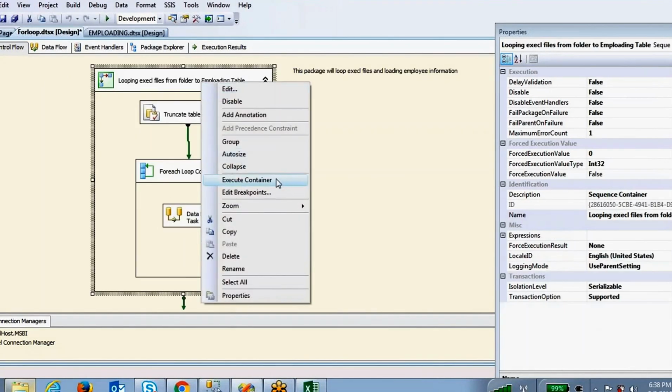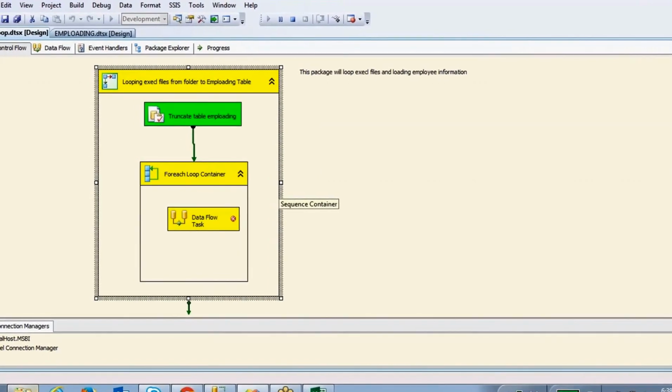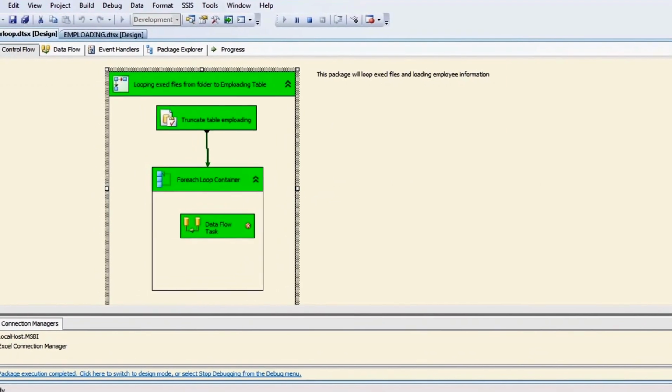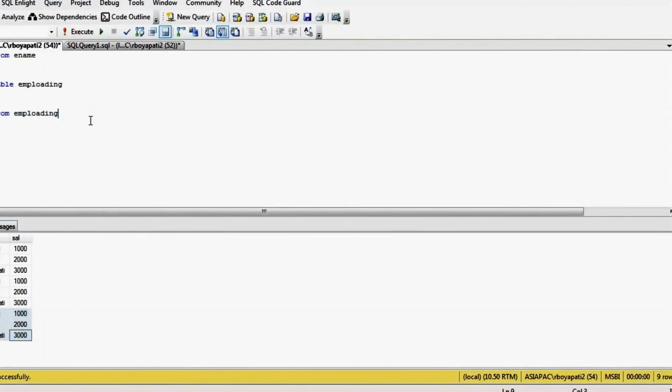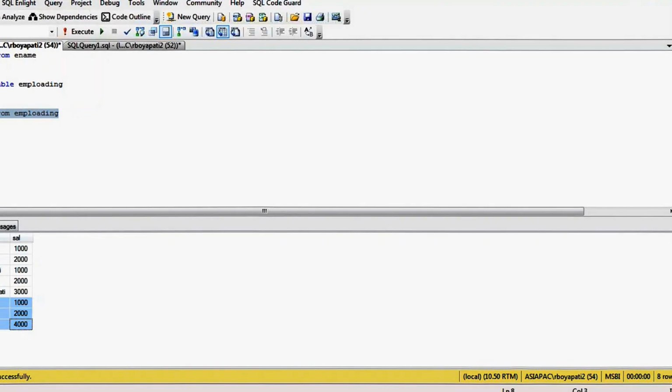Right click, execute the container. See, it's done. First file, second file, third file. Total 3 files it has loaded.